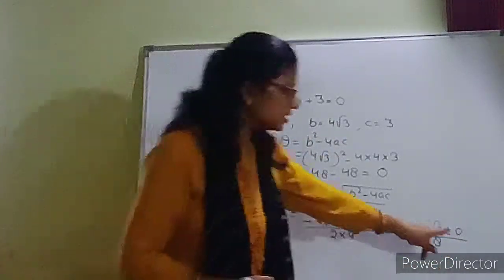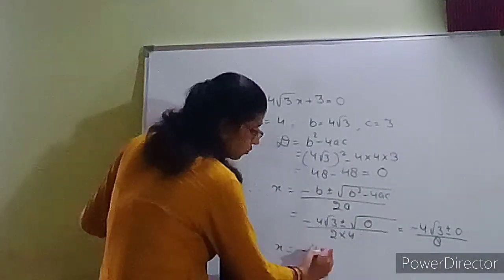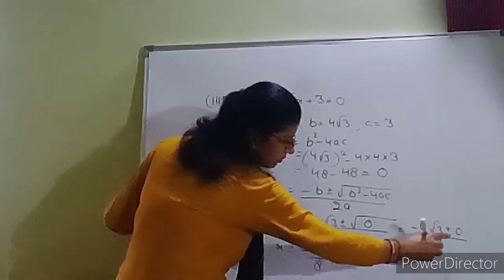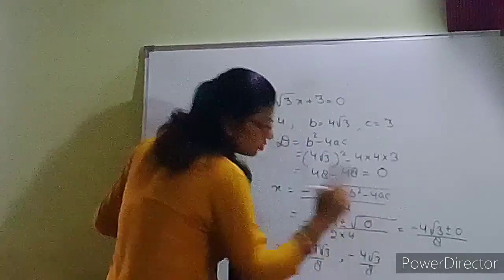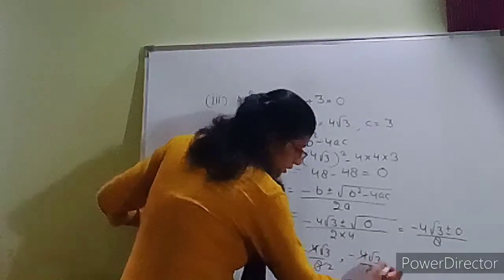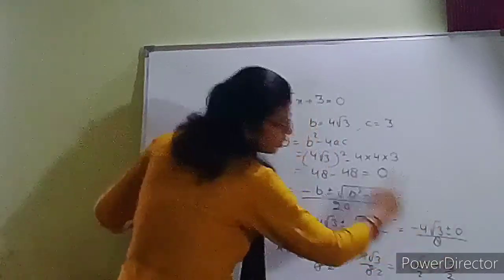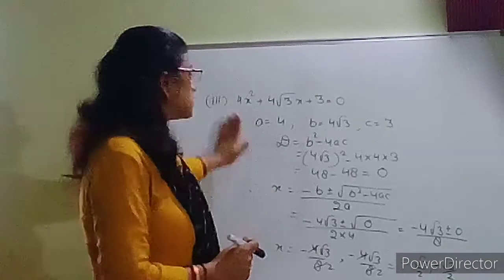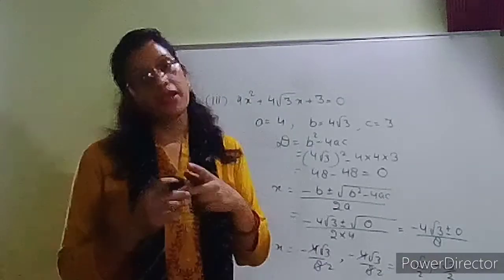Once I'm taking plus 0, then I'll take minus 0. Okay. So the two values of x will be minus 4 root 3 upon 8, comma, when I'm taking plus 0, and when I'm taking minus 0, minus 4 root 3 upon 8, because plus 0 and minus 0 mean the same. Okay. So 4 twos are 8, 4 twos are 8. So minus root 3 upon 2, comma, minus root 3 upon 2. The same result we got when we used completing the square. Okay. So these are your three parts by both the methods, completing the square and quadratic formula.